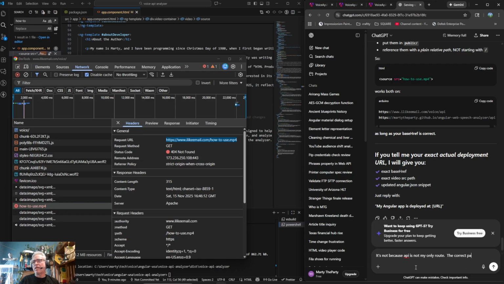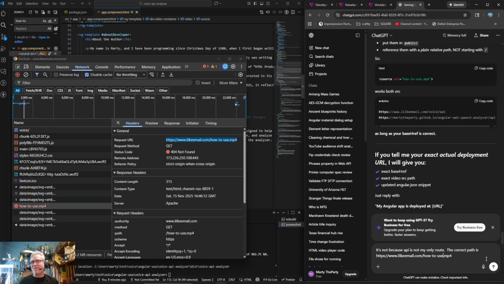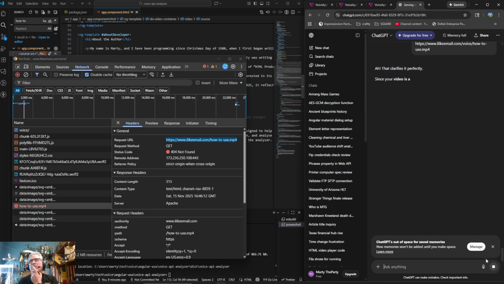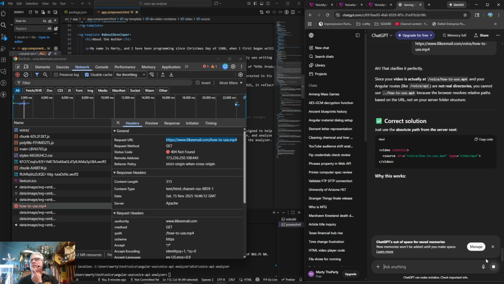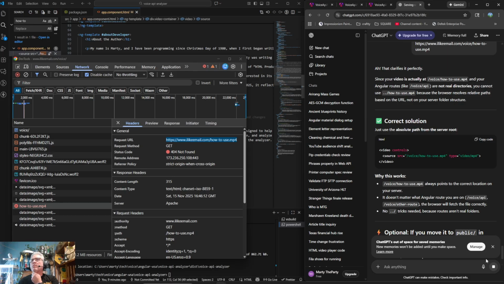Correct path is copy. Man, I would never have guessed this. This is so funny. Voice. Based on the URL, not part of the server's folder structure.